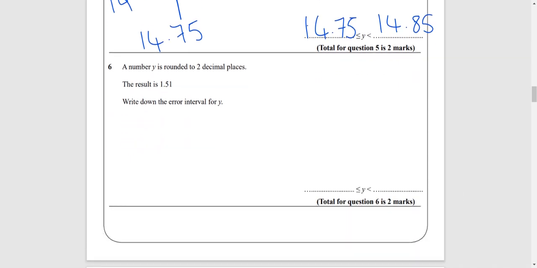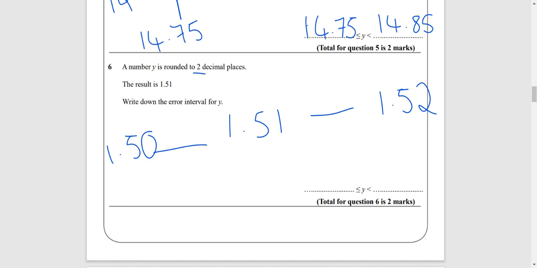So we're just going to have a look at question 6 really quickly. A number is rounded to 2 decimal places. The result is 1.51. Same method as before. 1.51 to 2 decimal places this time. So we're going to add a decimal place. So 1.52. And we're going to take 1 off. So